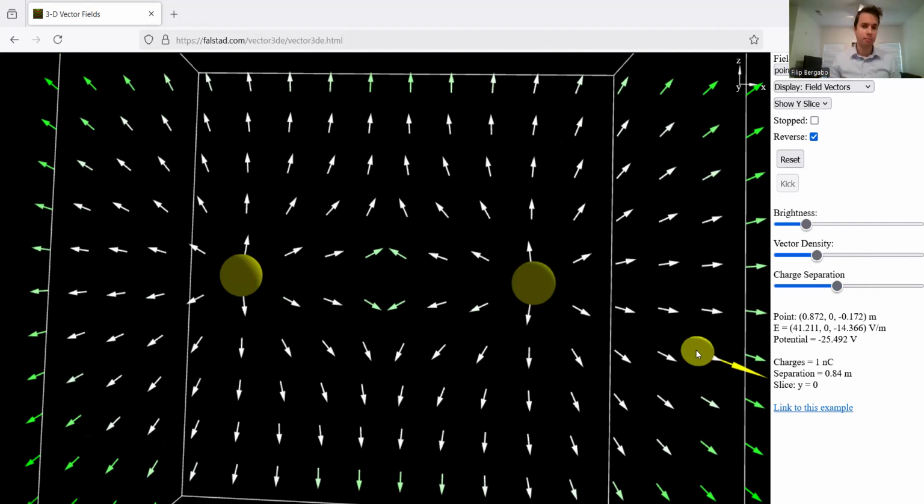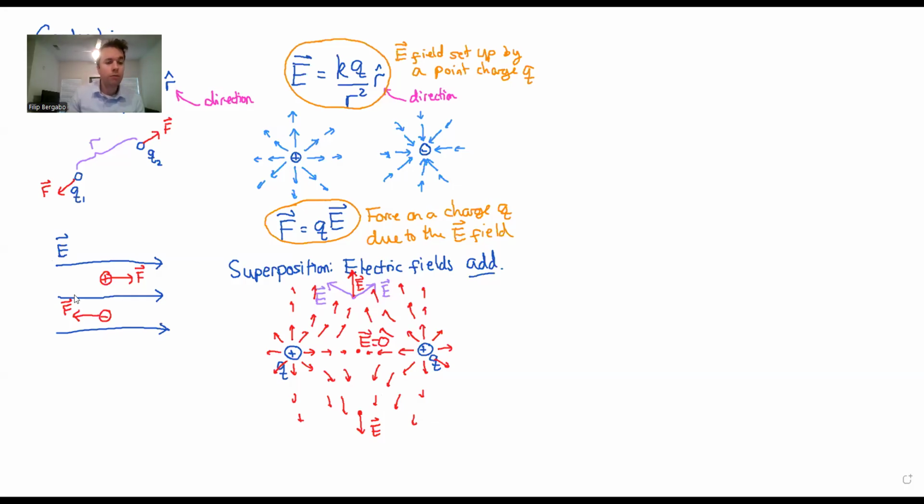I'll bring this back in a minute, but first I want to bring the whiteboard back for a second. Let's see. Okay. So there is another way of visualizing these electric fields, and it's by not drawing all these arrows. So instead of drawing all these arrows, let me draw the same picture, but now slightly differently. So see, again, I have these two positive charges